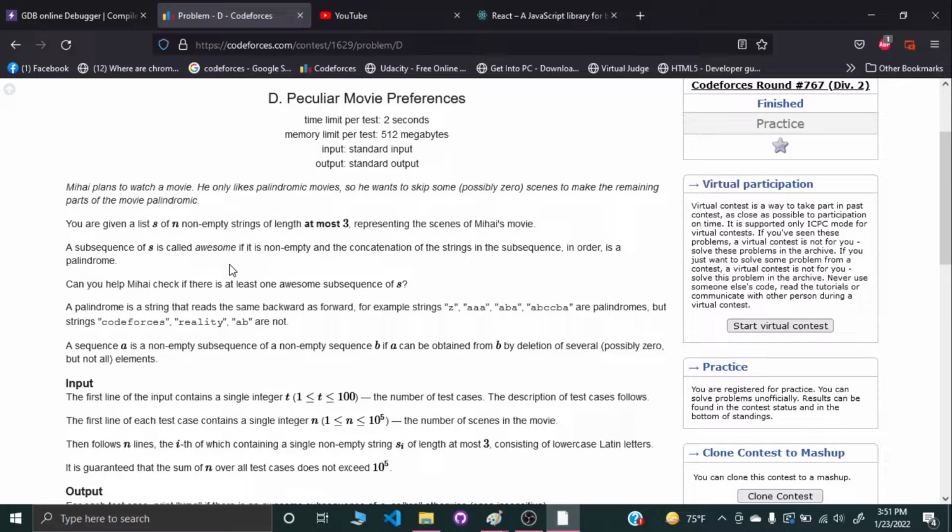But first, we're given n strings of length at most 3.